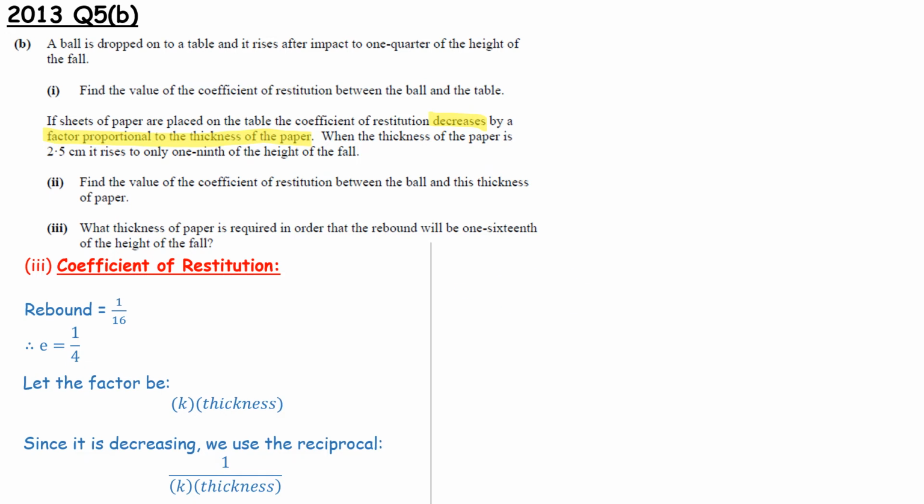We need to work with what we know. So what we know is, and I've used part 1 and part 2, so hopefully we can keep track. The coefficient of restitution in part 2 should be the coefficient in part 1 multiplied by this 1 over k times 2.5, because the thickness was 2.5. And this will allow me to set up a little equation to find this k, this part of the factor that I'm missing. So I get a third is equal to 1 over k times 2.5, all multiplied by a